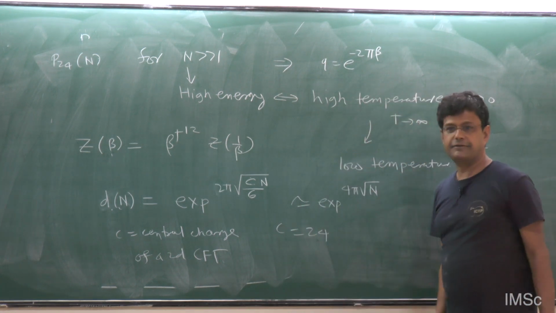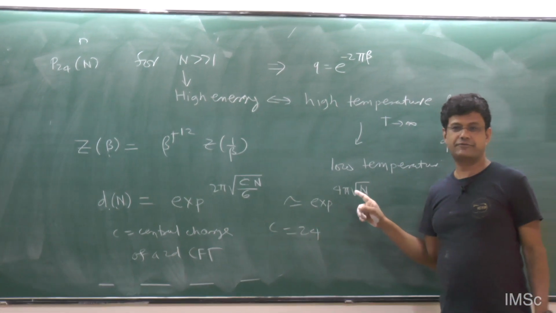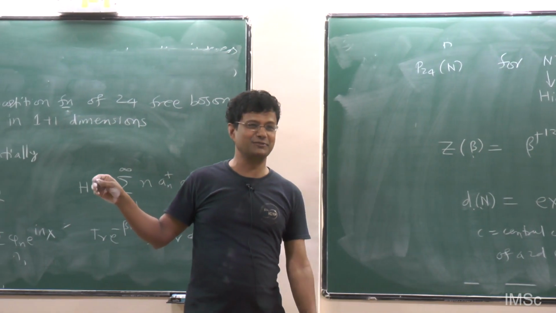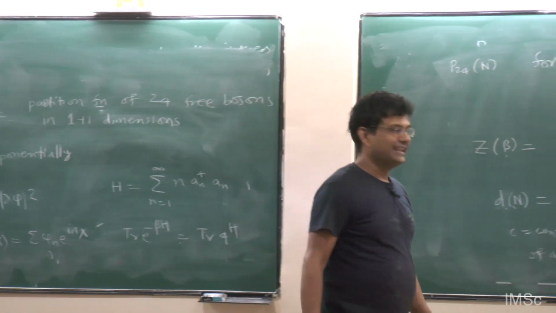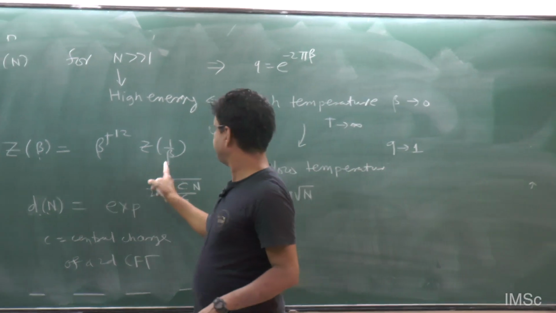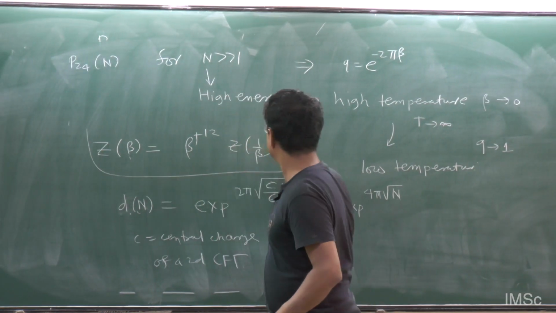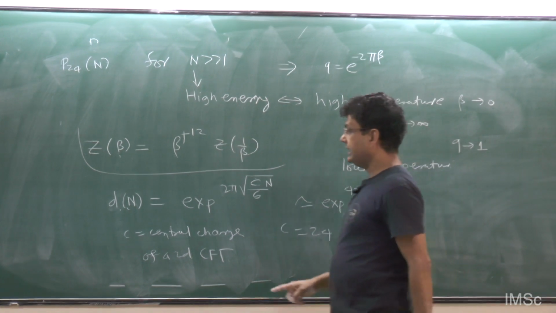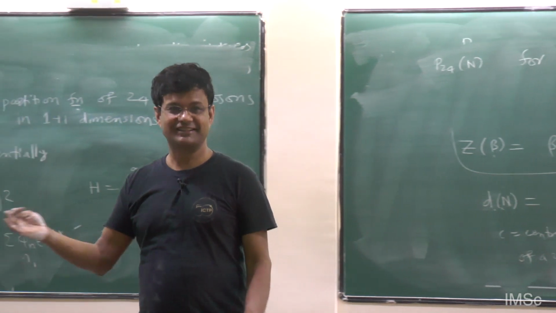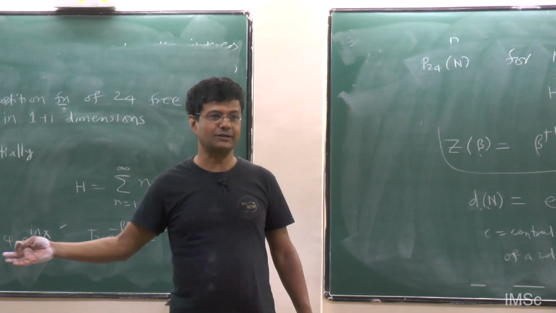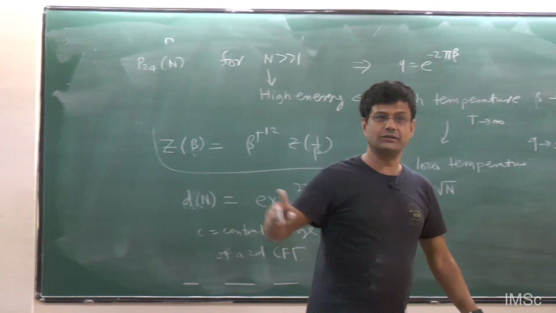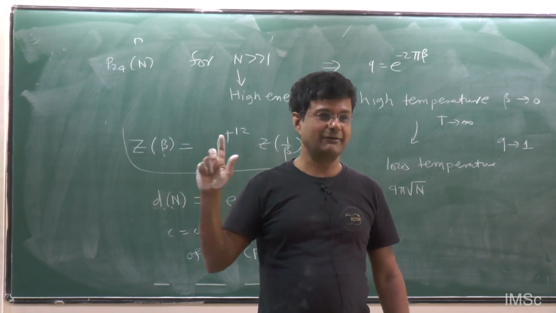And this is the formula that actually Ramanujan derived first. So in fact, Cardy is always embarrassed when he says that it's a Cardy formula. He says no, it goes back to Hardy and Ramanujan. But of course, Ramanujan did much more than that. What Ramanujan did was that once you have this kind of a nice property, very, very symmetric function, he was able to obtain an exact expression for d of n in terms of Bessel functions. And it's highly convergent, it's not an asymptotic expansion, it's exact. And that's the function that we actually will use later on, I was mentioning that we will use.